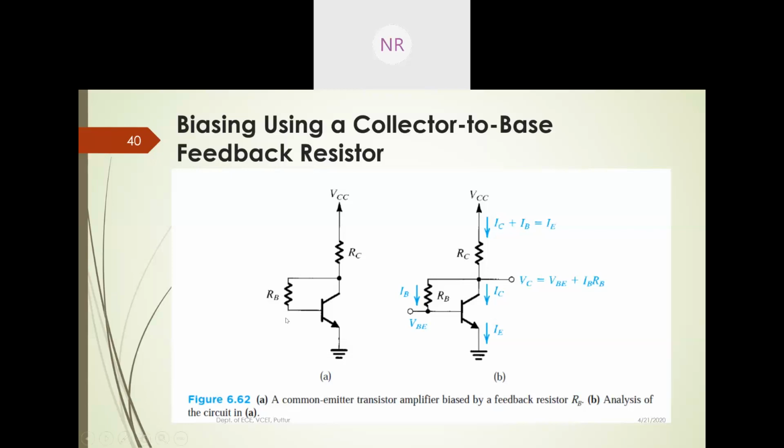See here, from the base to collector, there is a feedback resistor RB. So we are biasing through this feedback resistor RB. There is no RE included. There is no R1 and R2. RE we are using for the feedback purpose in classical discrete circuit biasing, but here feedback is provided through this RB. So in the design, you are going to calculate what is RB value, what is RC value, and what is IC, IE, and IB values. Okay, so let us see this.